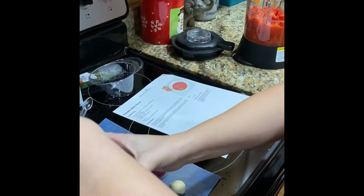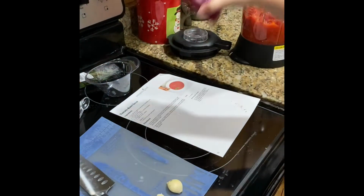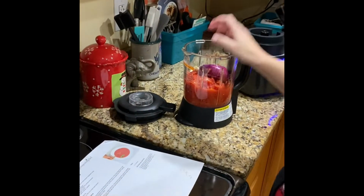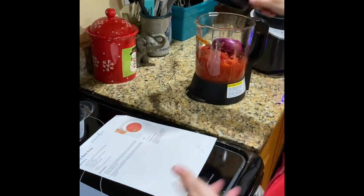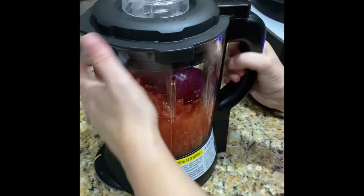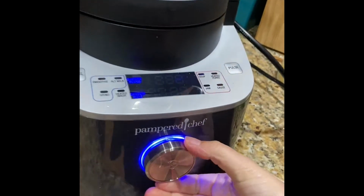And then we have half of a medium onion and 2 garlic cloves. Okay, so I put all those ingredients in my blender jar, and I'm gonna put it here on the blender, and I just have to pick the soup setting